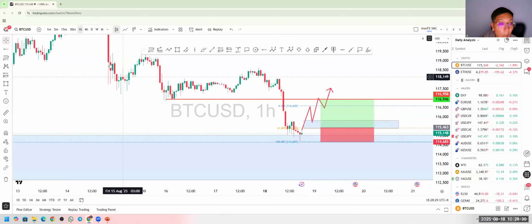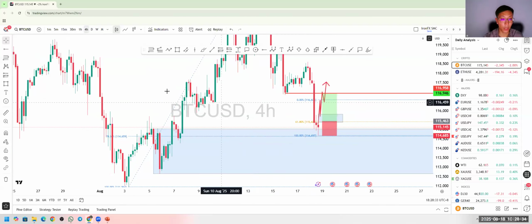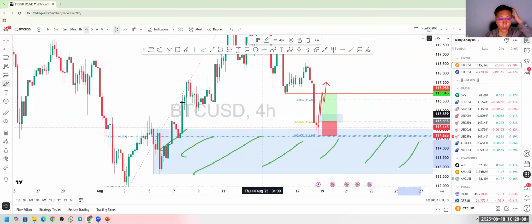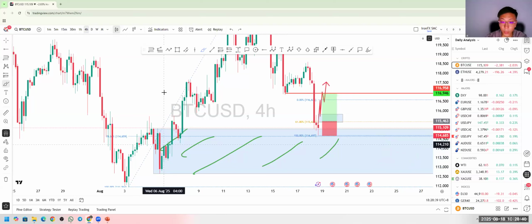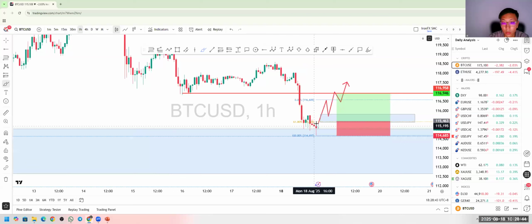I wouldn't even enter now because you can see it's quite uncertain. The range is so huge, right? This is my whole range. So even though it might actually work out, this is my whole range. So I want to trade on, this is my point of interest. I want to trade on the lower time frame, which is about the H1 time frame. Okay. So once it breaks out this high,